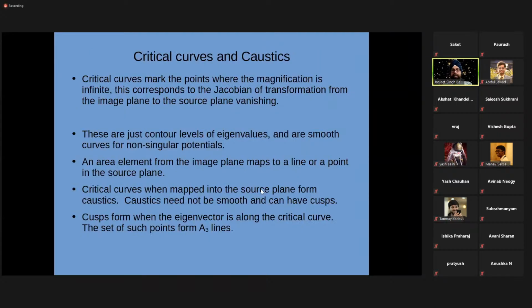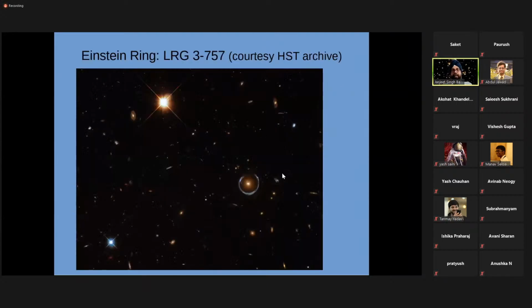Now, since one can describe this gravitational lensing as a map between the image plane and the source plane, and as I said, the deflection is proportional to the gravitational potential, one can show that all characteristics of the lens can be worked out from the lens potential. And in this entire map,